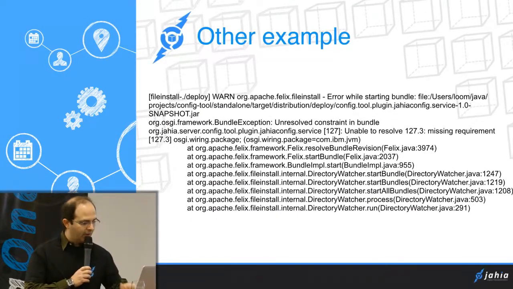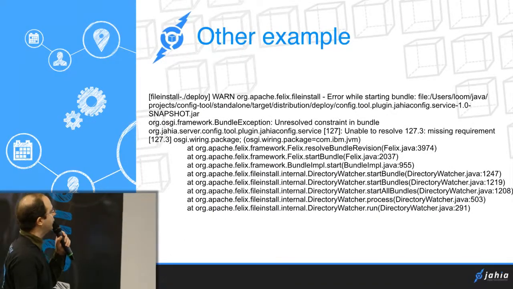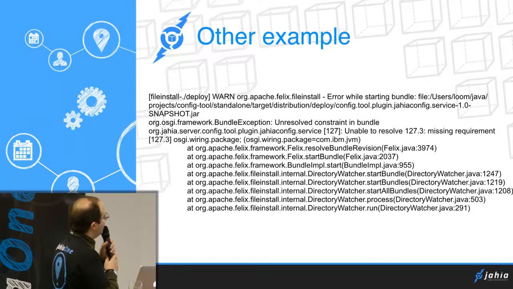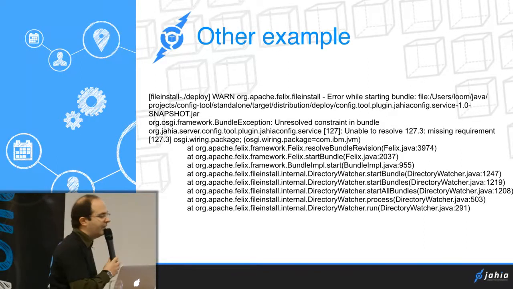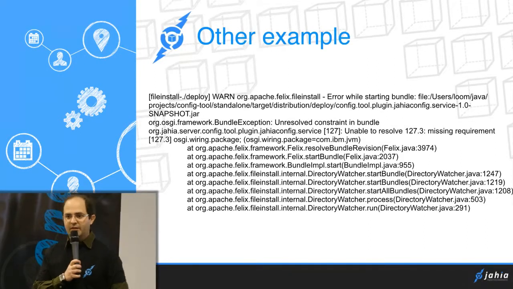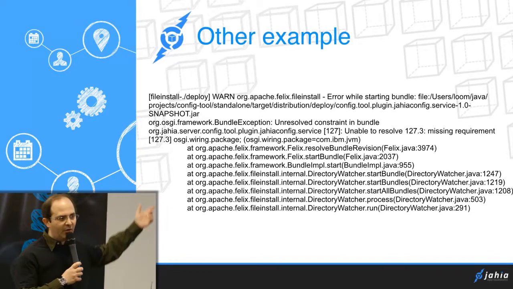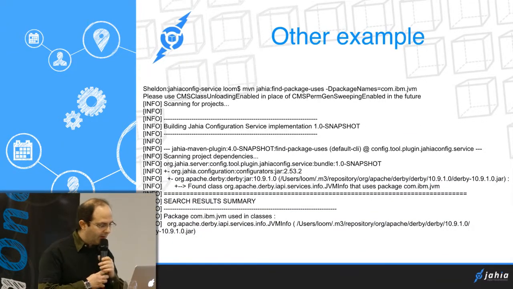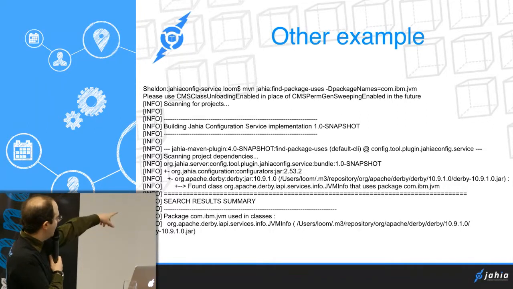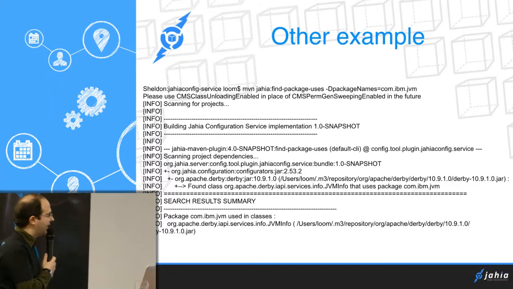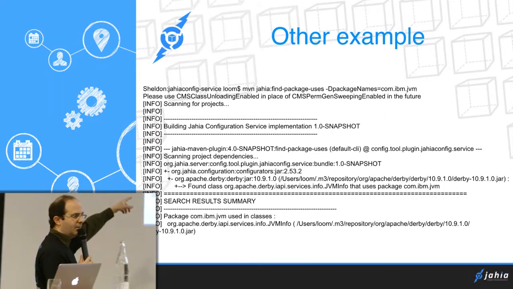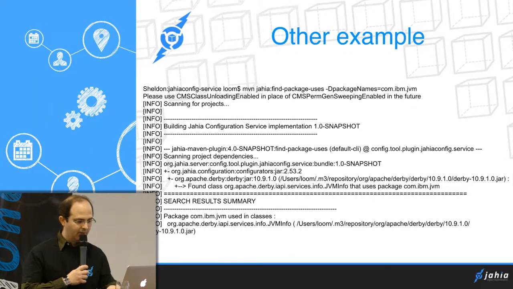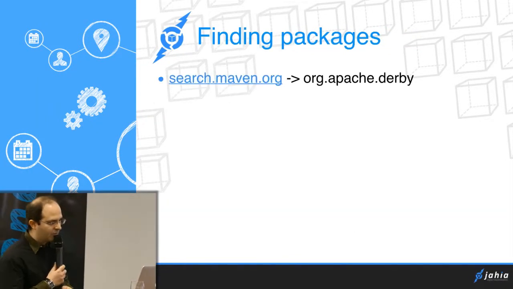Now let's quickly look at another example. This one was a little bit more difficult to resolve. This is a really concrete example I actually had. So here, suddenly it's telling me I need a com.ibm.jvm class of all things. I'm working on the Sun JVM. Why is it telling me I need that? Well, let's go look for it. Again, I'm going to use my plugin. And here it tells me it's used in a Derby class. I'm like, why does Derby tell me I need an IBM JVM class? So I want to figure that out. So I'm going to search on